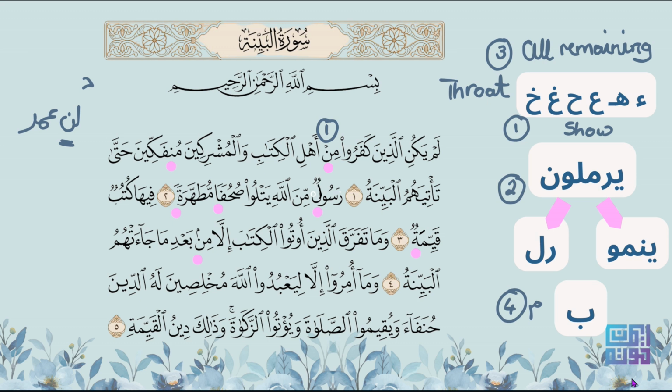Okay, where else is there a noon? Yes, there's a tanween here. Tanween after it a meem. What group does this meem belong to? It's not the first one because these are the throat letters, and it belongs to the idgham, the merging letters. Yarmalun. So there is the meem. This means that the noon is not pronounced at all. It totally merges into the meem, but with a ghunna. And of course, we know that the meem shadda has the highest ghunna. So we are going to pronounce the lam dhamma and then the meem shadda.